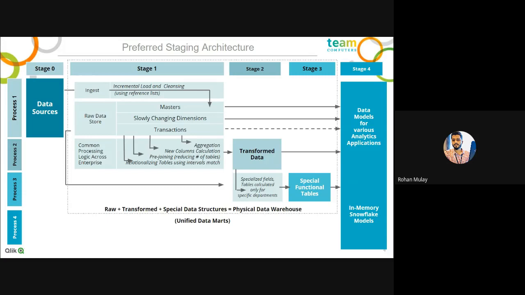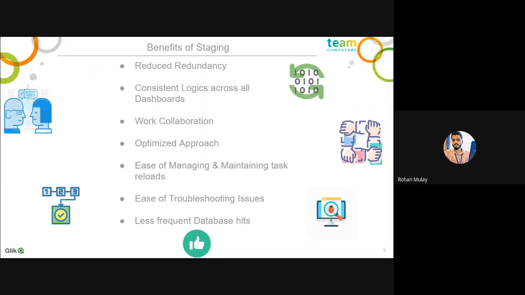So we will see some of the benefits of this staging. The first benefit is reduced redundancy. As I said, this is a very optimized approach where we are trying to create all the required things in one place. The concept of reduced redundancy basically means, I'll just give you an example. Suppose I have a team of around 5 members working on this finance project, and every member is working on some department or other. One person is working on operations, one person is working on HR, and likewise, all five people are working on different departments.